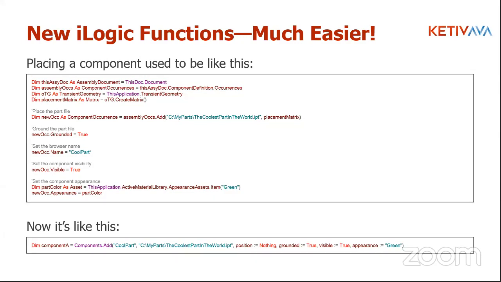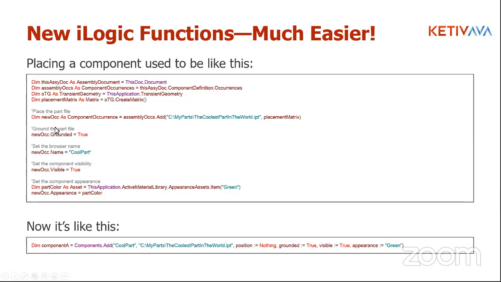Quite a few less lines of code involved in one than the other. Now, you don't necessarily need all the lines of code here to just place a component. Some of this is naming the occurrence once it's placed, making sure that it's visible. That usually comes in true automatically. And then setting the part color is not strictly necessary for just placing the component, but